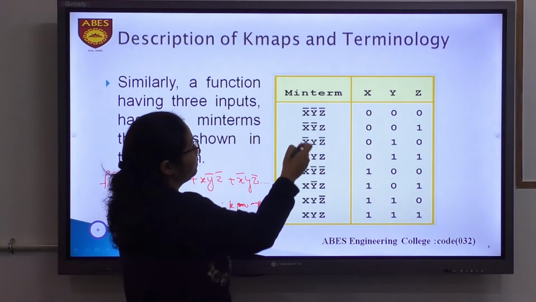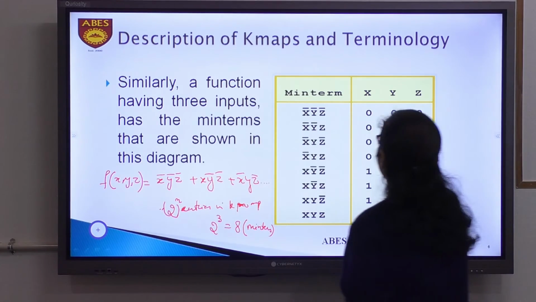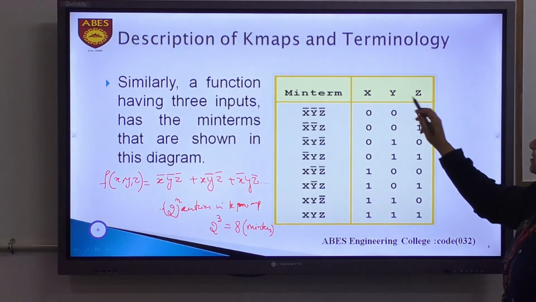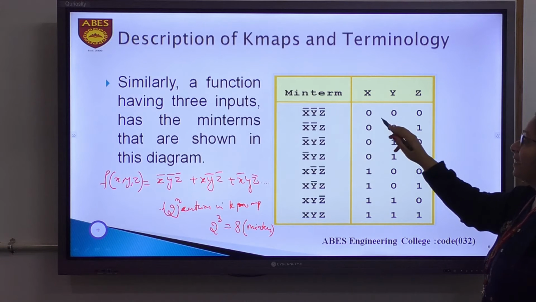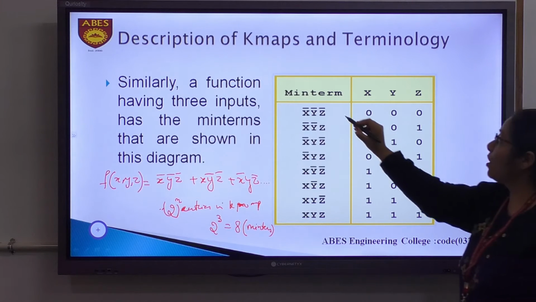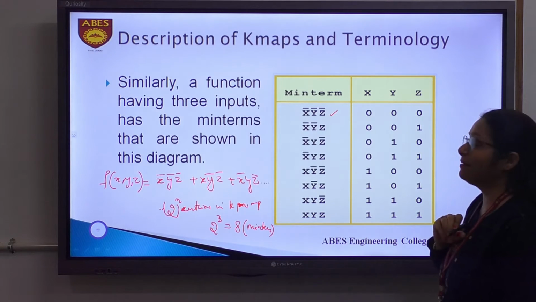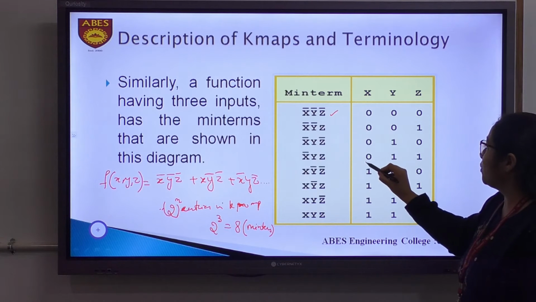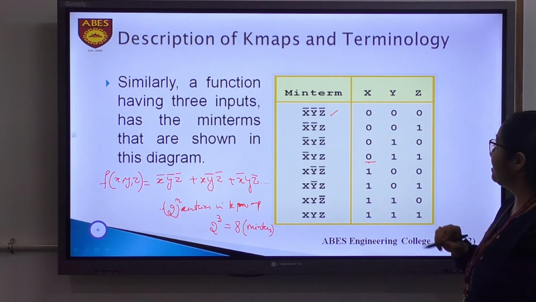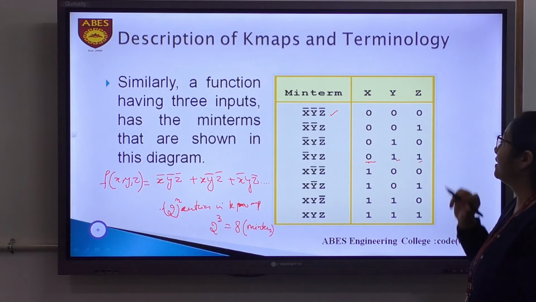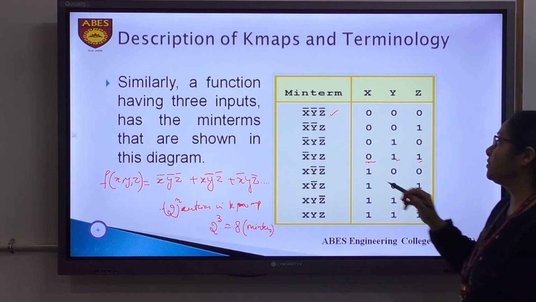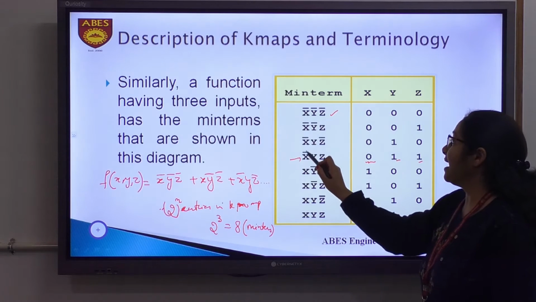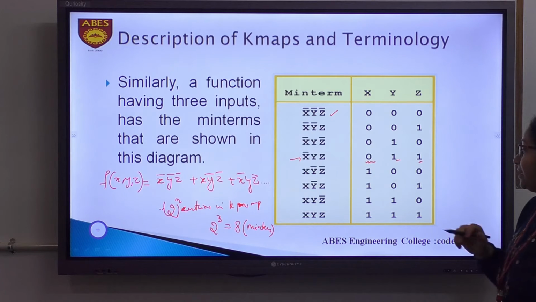Correct? So this is when all these variables x, y, z are in the complemented form. How will we write this? x bar, y bar, z bar. Taking another example, if x only is in complemented form but y and z are in the direct form, the expression of the minterm will be x bar, y, z.